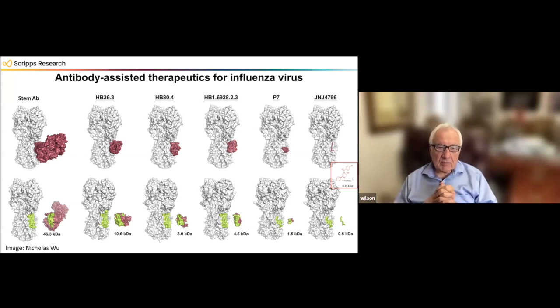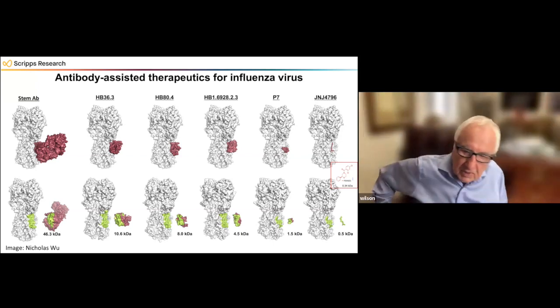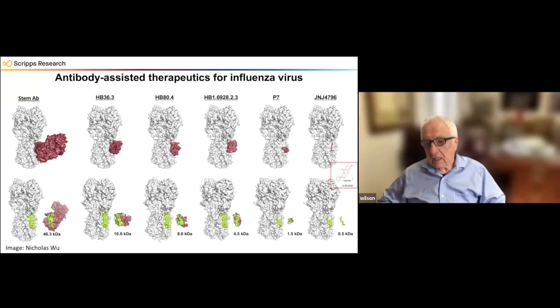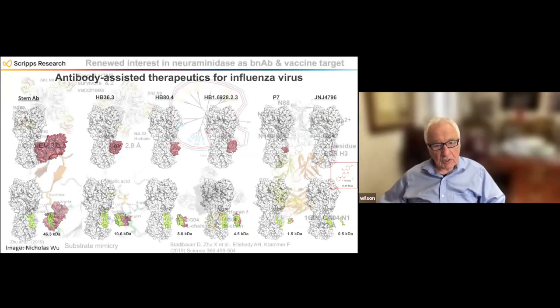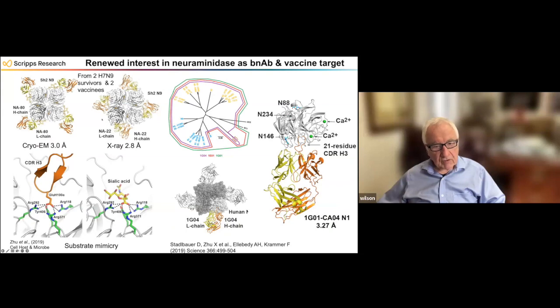I've talked mainly about the hemagglutinin, but the neuraminidase has been almost forgotten from the vaccine perspective. It's not been forgotten from the drug design point of view, because Tamiflu and Relenza are compounds that one can take to try to ameliorate against infection. They don't actually prevent the virus getting in, but they prevent basically the virus spreading.